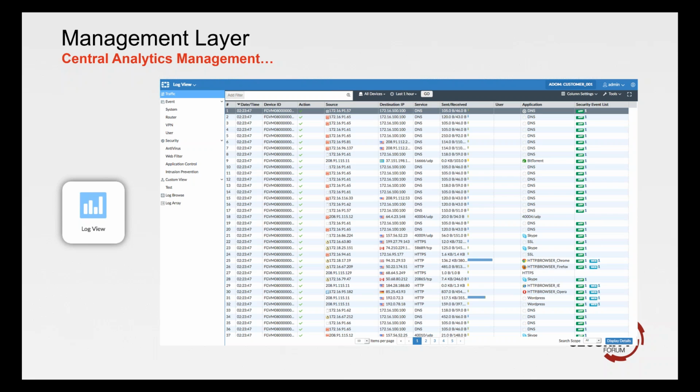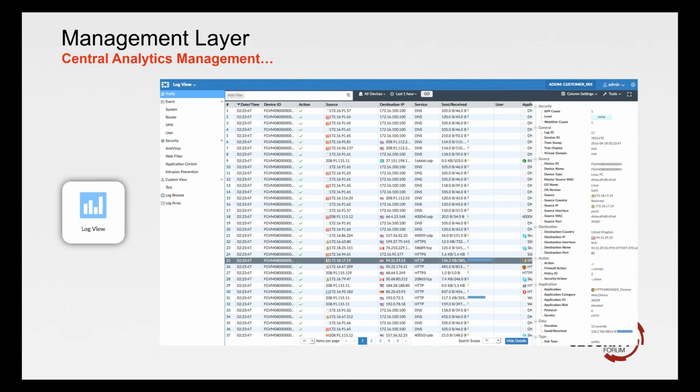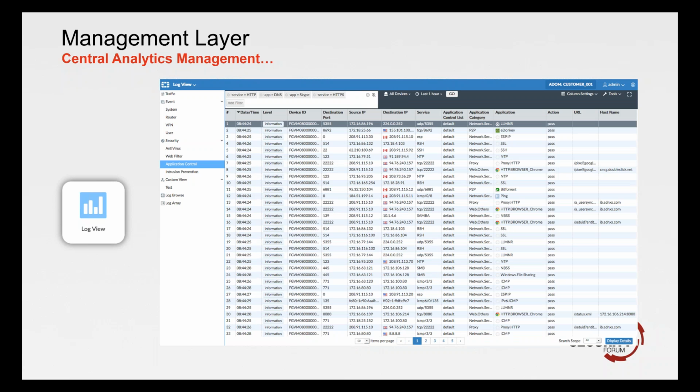You can do the drill downs into the logs, so you can select the specific device, look at the individual source IDs or the individual users, and you can start drilling down into those in a lot more detail as well. And on the right-hand side, you can see a lot more of the detail of what you can actually get into. So it's a very comprehensive platform, and if you're providing managed services, a key part of providing those services.